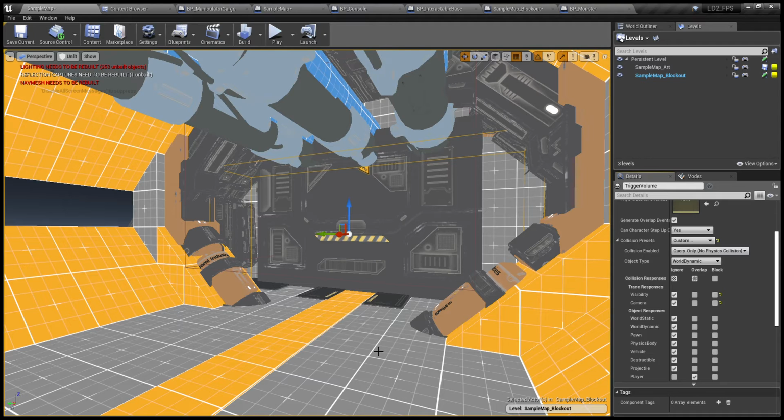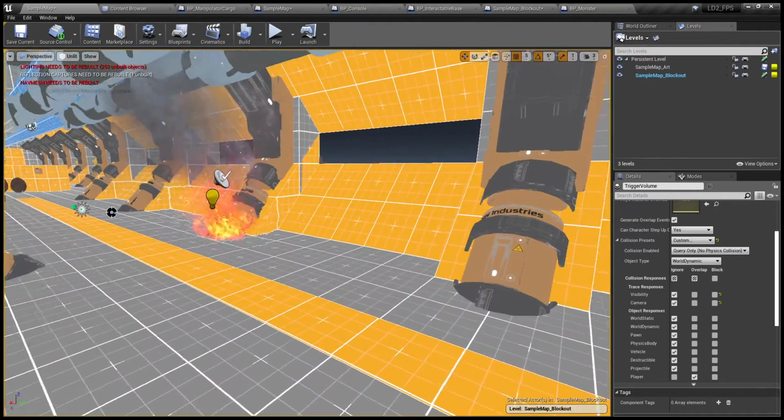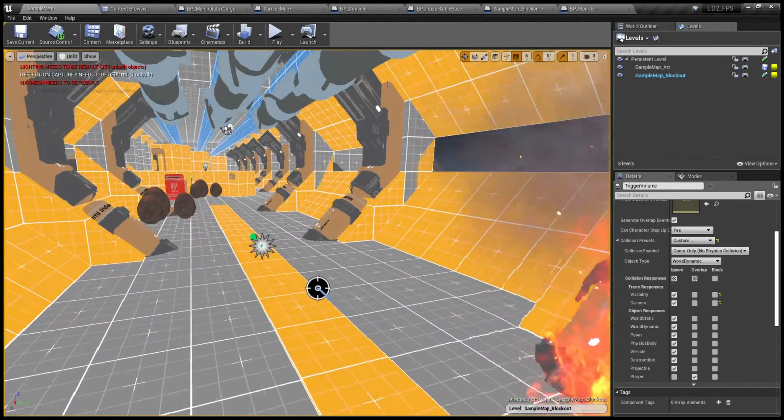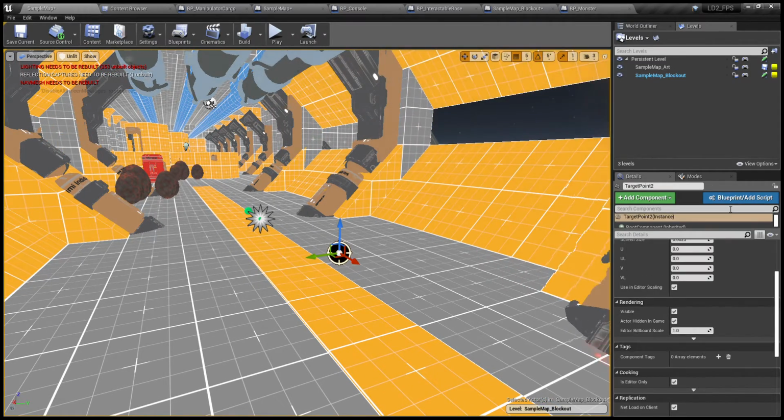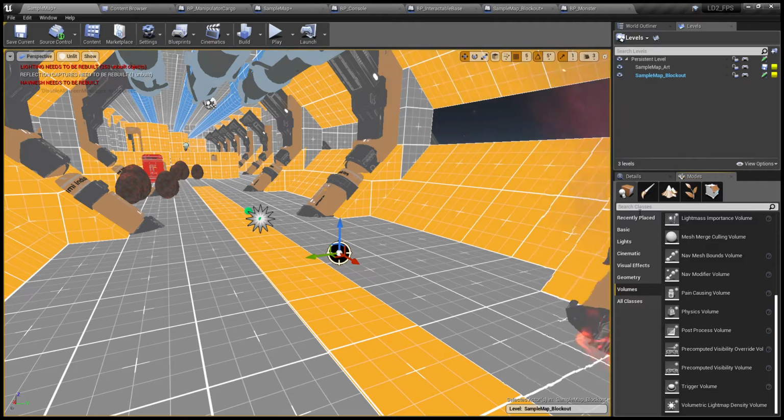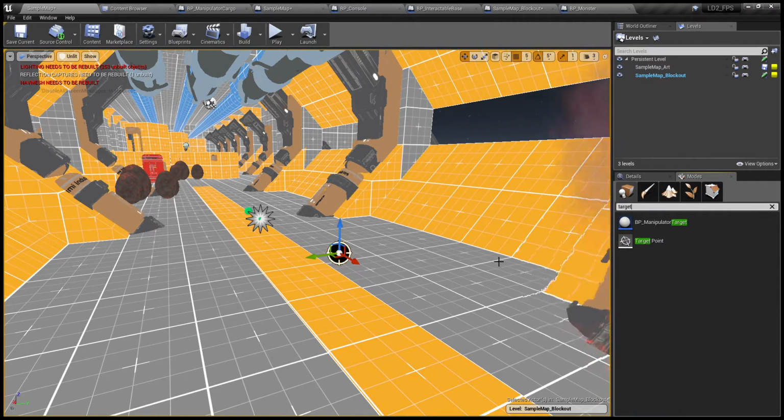When I walk through it, I'm going to play a voice line, and then we're going to have the enemies spawn right over here. So this is a target point. This is from the modes panel. You just type in target point and add it in,